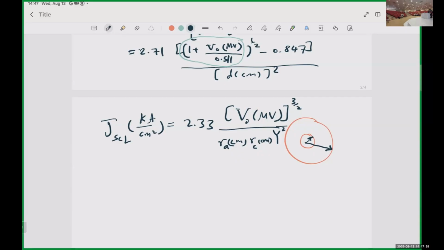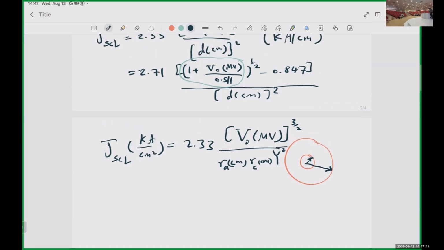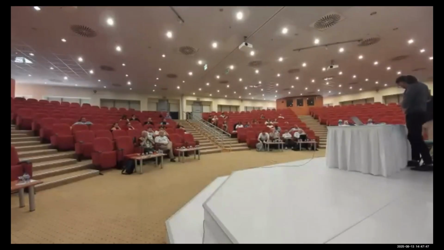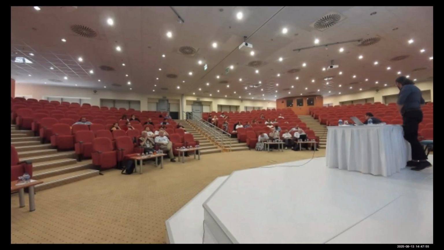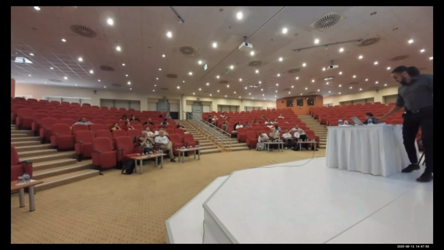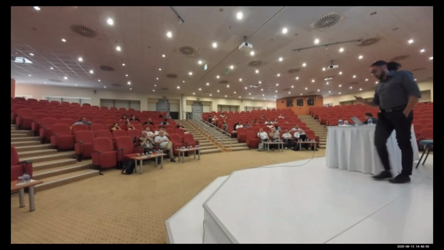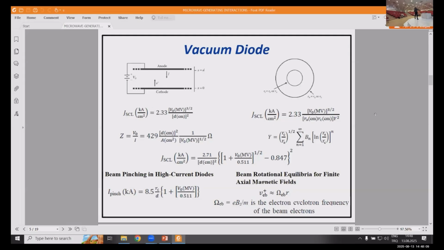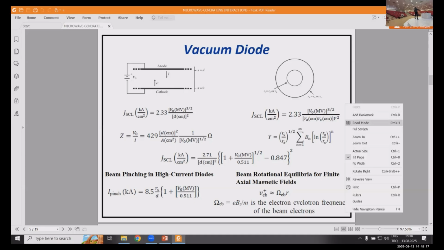Two cylinders, and you want to inject your